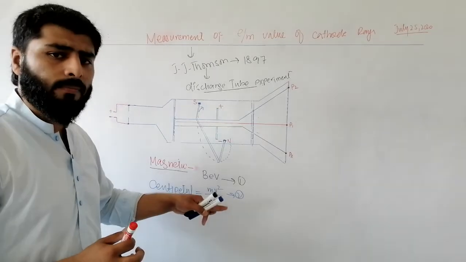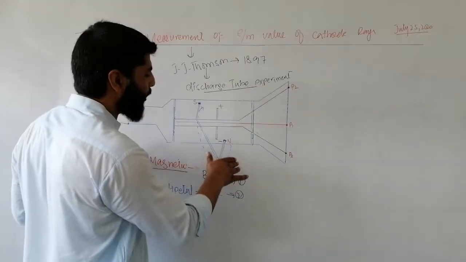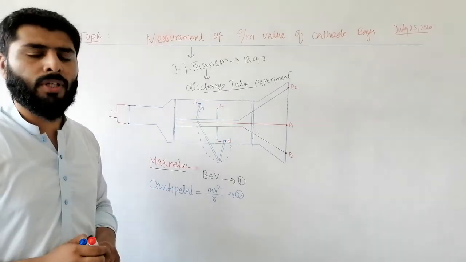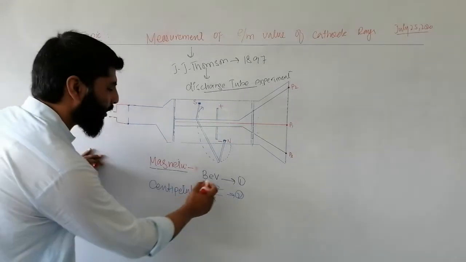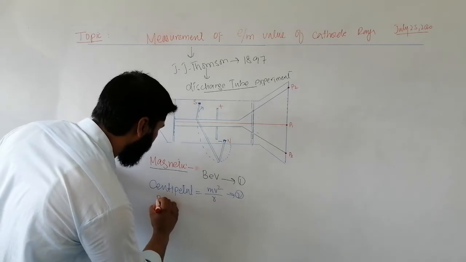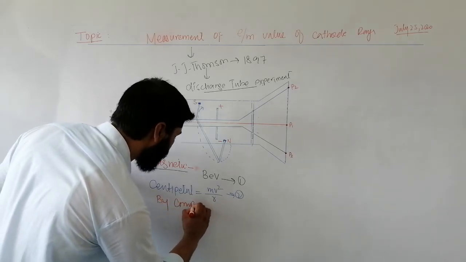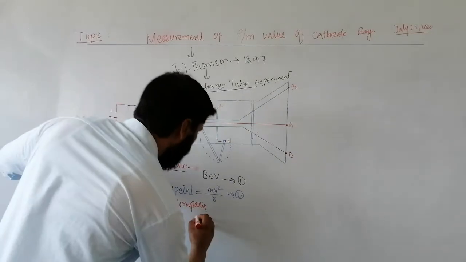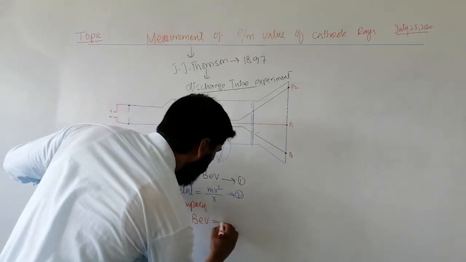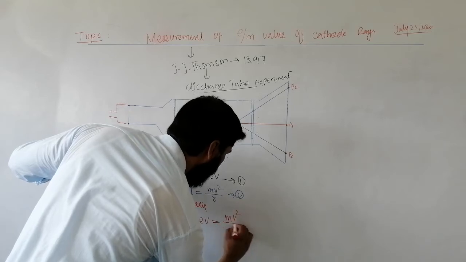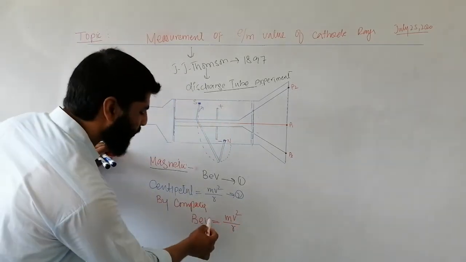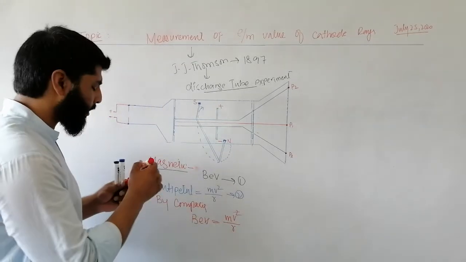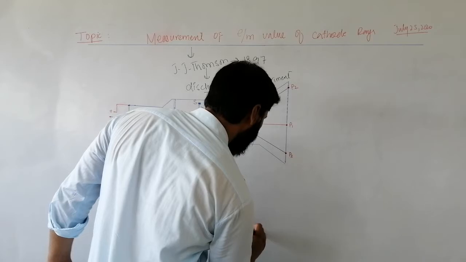He observed all these changes and found the value of the velocity and charge to mass ratio of the particle. He found that by comparing equation number 1 and equation number 2, we will get BeV is equal to mv square divided by r. This v velocity is cancelled out with this v square. On rearranging this equation, we will get